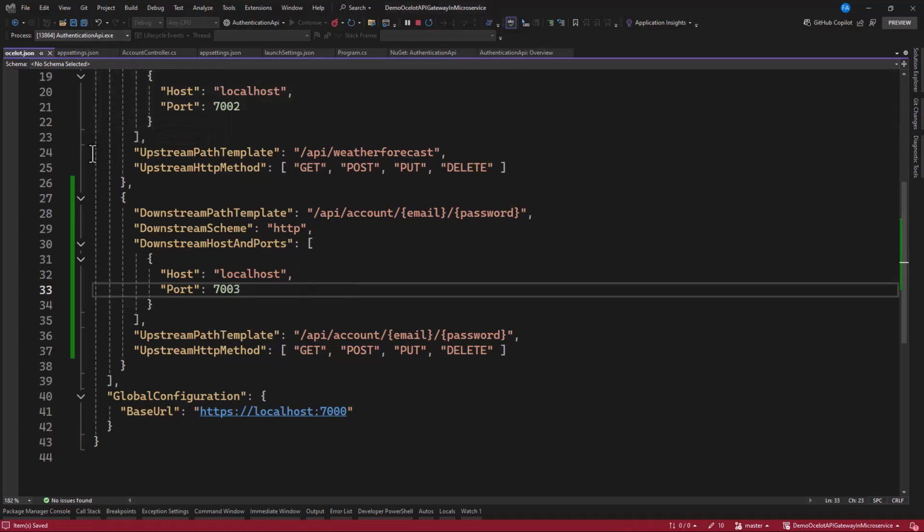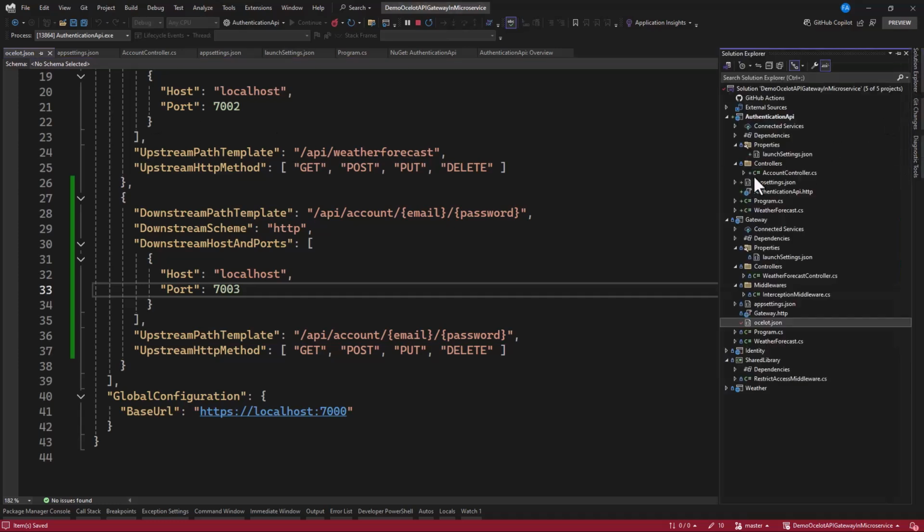So the last thing that you want to do here is create a middleware to intercept the request and check if the user is authenticated. Now, if the user wants to register or log in, we don't want to check the authentication state of that user. But as soon as the user wants to access a weather forecast API or the user API, this user must be authenticated. So you can see in our project, we have 2 projects added. That's an API or 2 services added.